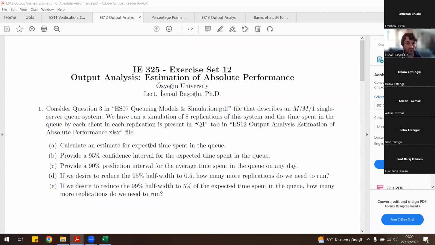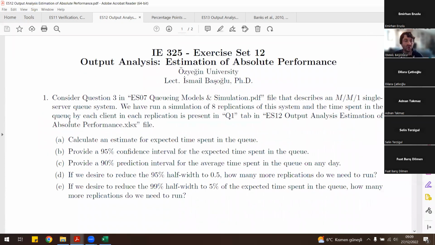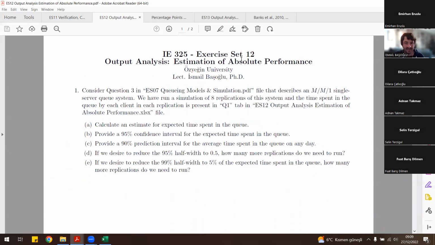Okay. So the next question that we are going to solve is the sole question that we provide in exercise set 12. After all, the last modules of this course are very short. Therefore, the statistical procedures that we practice are almost similar to each other, and one application here is sufficient. We have already performed one application in our theoretical lecture. Now, in recitation, we are just going to strengthen our knowledge on the estimation of absolute performance metrics.